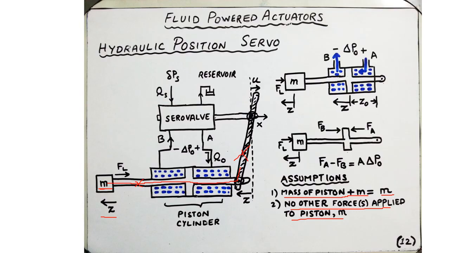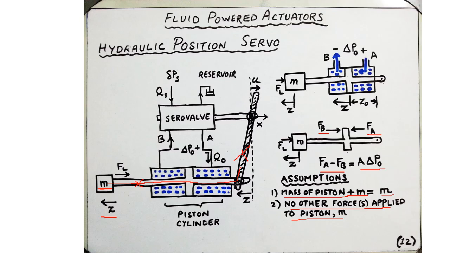Under these assumptions, what we can do over here is to write down, we are going to relate the force or the forces applied to the piston with the pressure. So we're saying that the fluid on the right hand side of the piston is going to exert some force Fa, and the fluid on the left hand side of the piston will exert an opposing force Fb, and the difference of the two forces is equal to area times the pressure difference. And we're going to use this equation to further